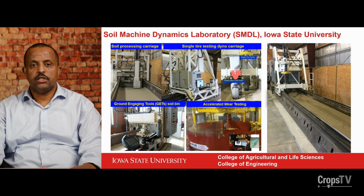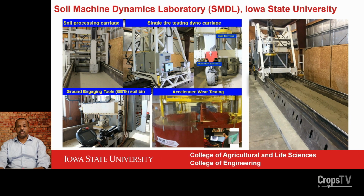At the Soil Machine Dynamics Laboratory, located at Iowa State in Boone, Iowa, there are 3 state-of-the-art equipments that do studies on wear research, soil compaction, and tillage tools design. They're automated. Tests could be controlled manually or automated. The whole idea is to do a controlled laboratory 24/7 study on soil to machine interaction for performance, design, and